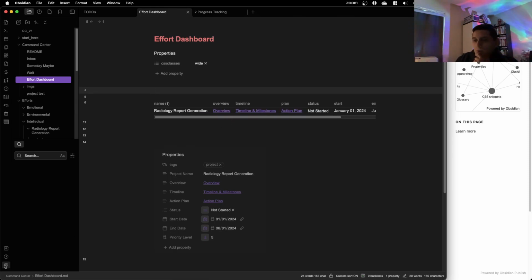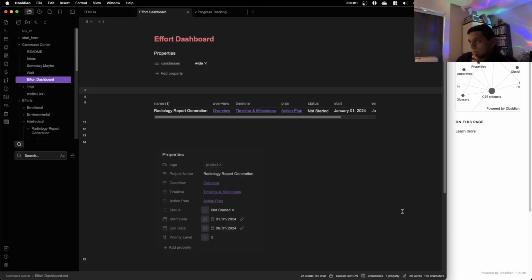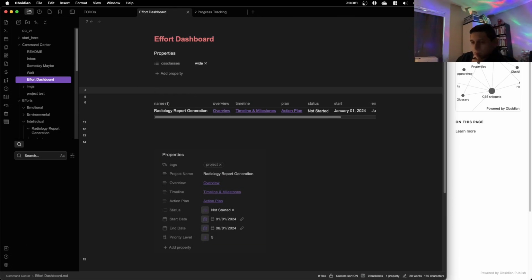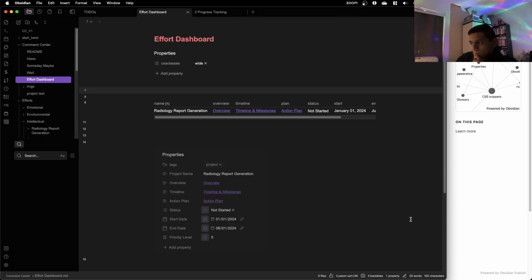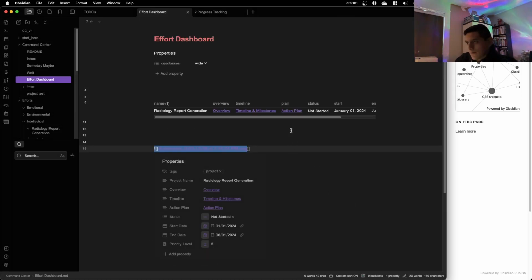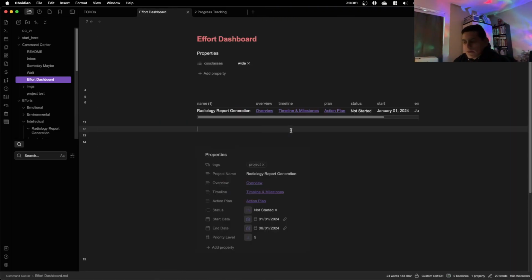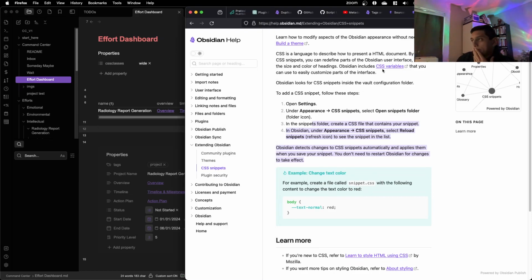Wait, so is this wider already? Let's turn this off. And it looks the same. Yeah, it's the same. So then how do we apply it?